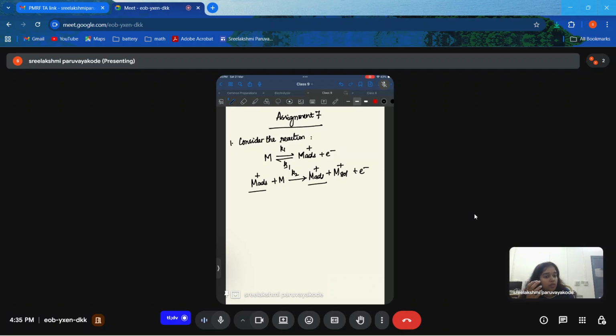So this also means it's a catalytic reaction. So kinetic parameters are given by